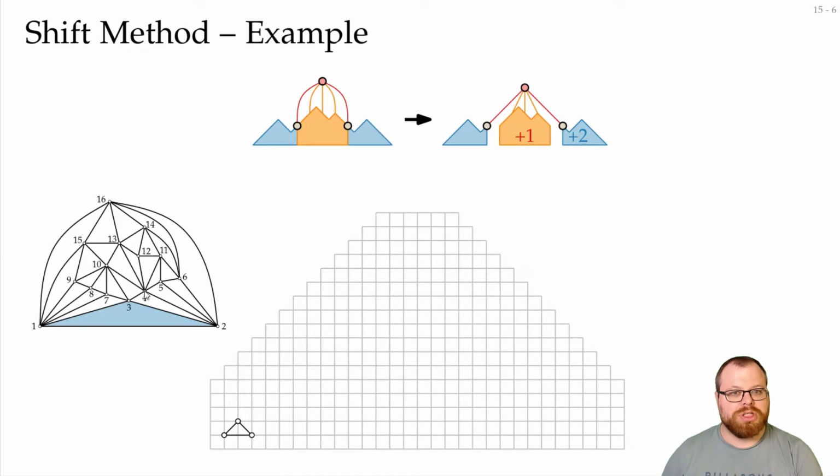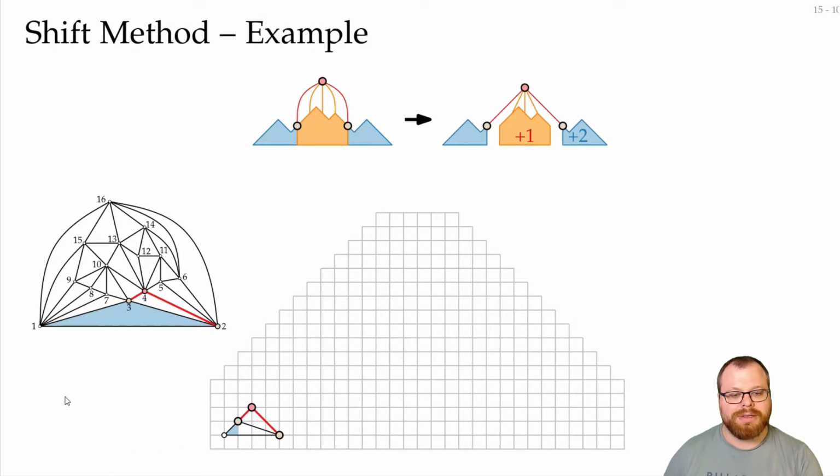Now if we go to G4, we have to make sure that 1 is at the origin, that's fine, and 2 is at 2k minus 6, so 2 times 4 minus 6, which is a 2, so it works out. So let's have a look at the next vertex 4. It has 2 neighbors, 3 and 2, which are these 2 here. Now we first have to move according to this diagram here. So this vertex lies on the first part, it doesn't get moved. This vertex lies in the third part, so it gets moved 2 to the right. And now we place the new vertex on the intersection of these diagonals, so here, and we have our drawing